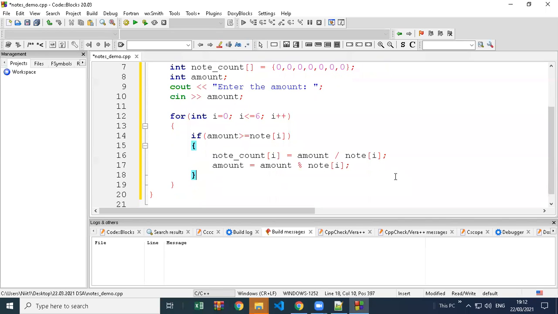Then inside that if block you can print after dividing the note, so it will print that note is printed. How can we do that?